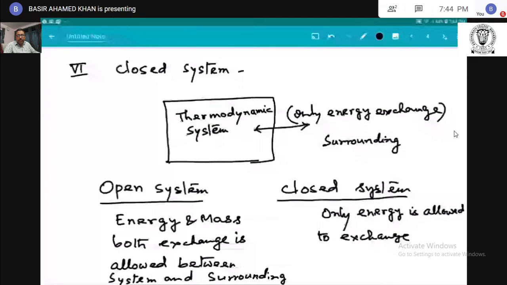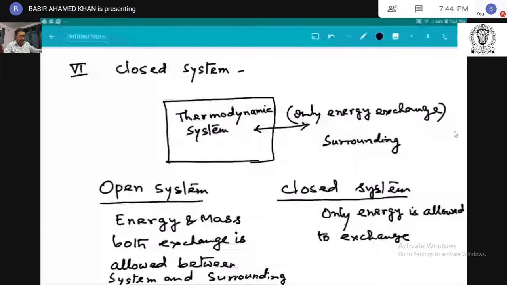But open system means the boundary is such that both energy and mass are allowed to exchange between system and the surrounding. This is open system. Now,